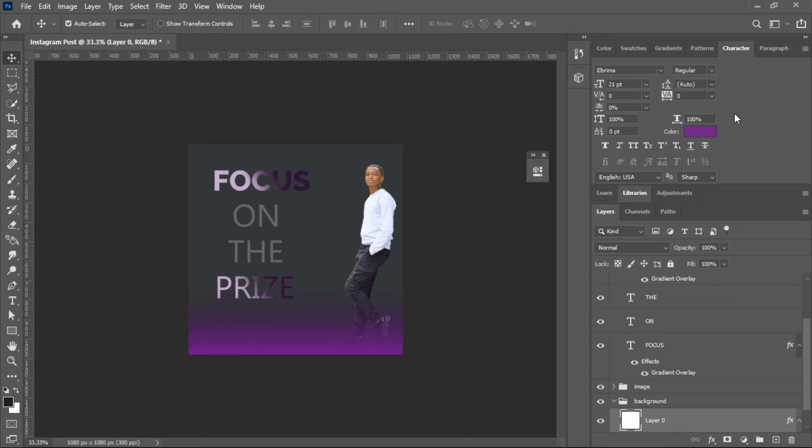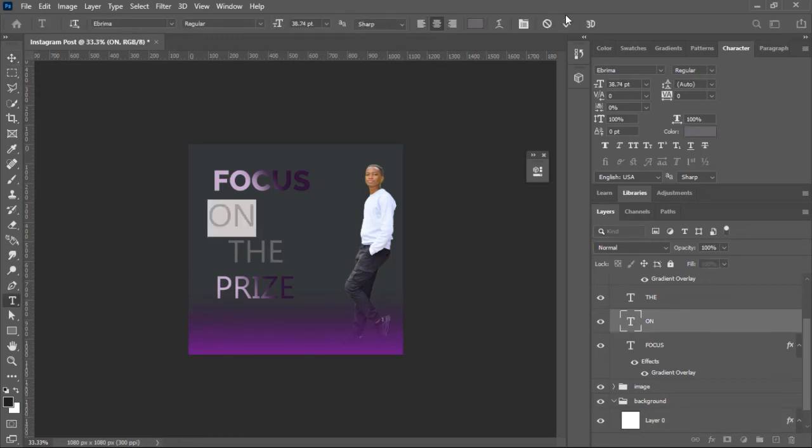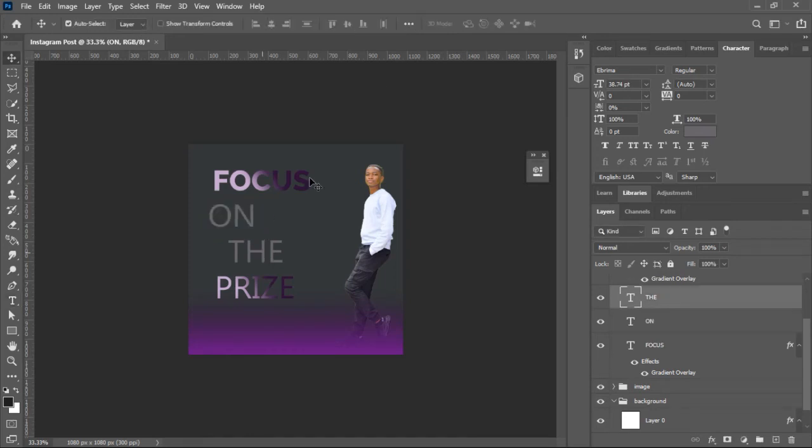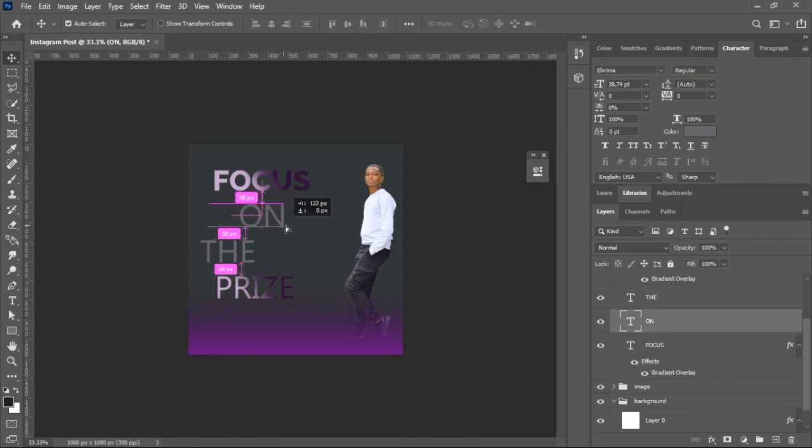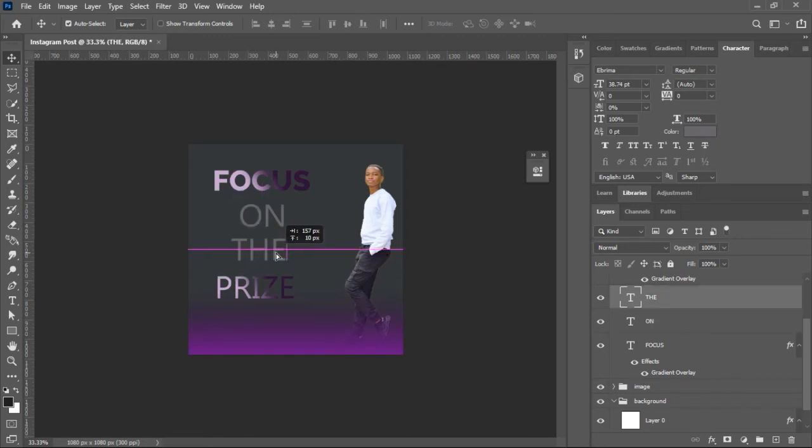We've done a little bit of selection, also some bit of typography, how to align your text. So for this one, you can center align them because we are actually purposing to use them differently from the others. And when you center align them, you can click on them and drag, move them to the center of your design, and that is